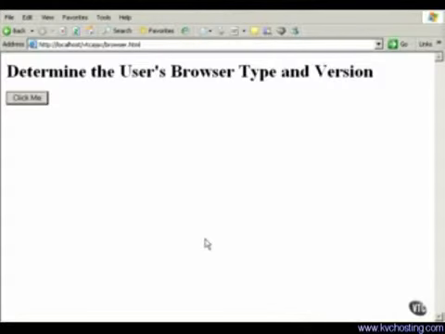There are different capabilities of different browsers, different HTML elements supported, for example. Internet Explorer, for example, supports a marquee element that the Firefox browser does not. And you might want to branch depending on whether or not the user has Firefox or Netscape or Internet Explorer and so forth. So this example shows you how to determine in JavaScript what type of browser and version the